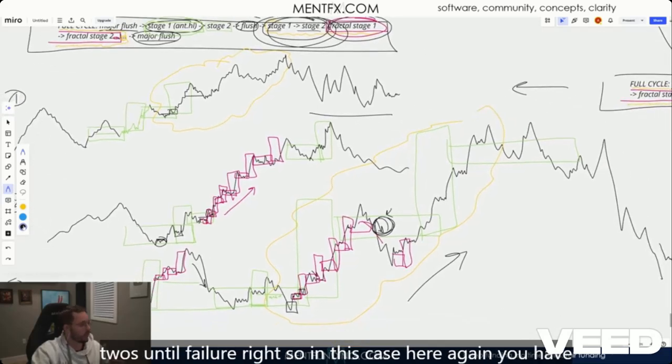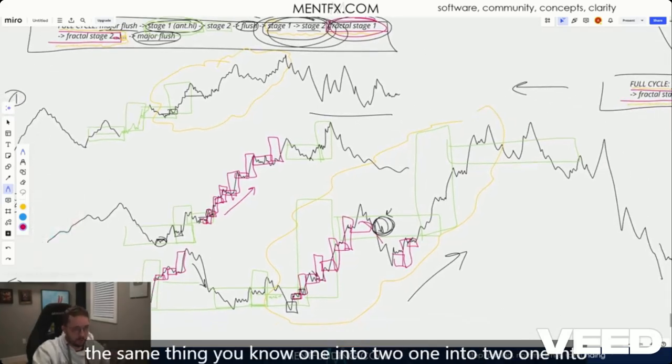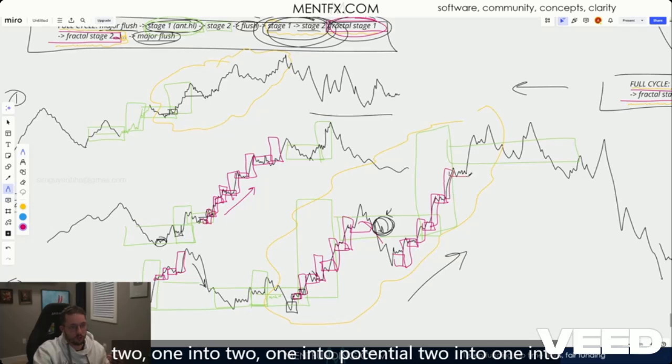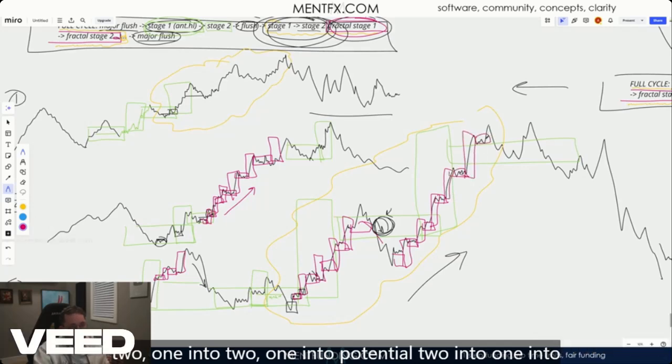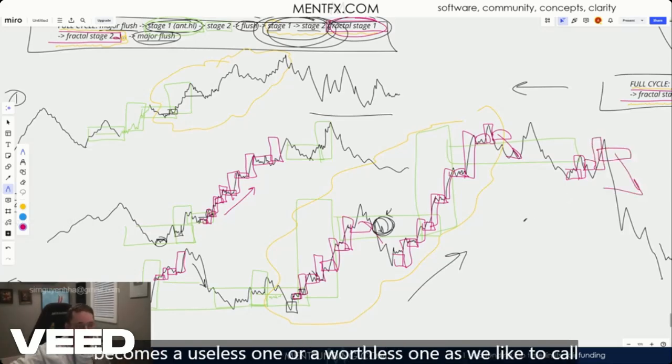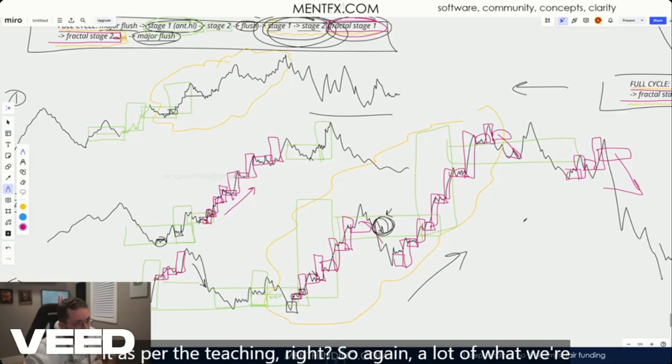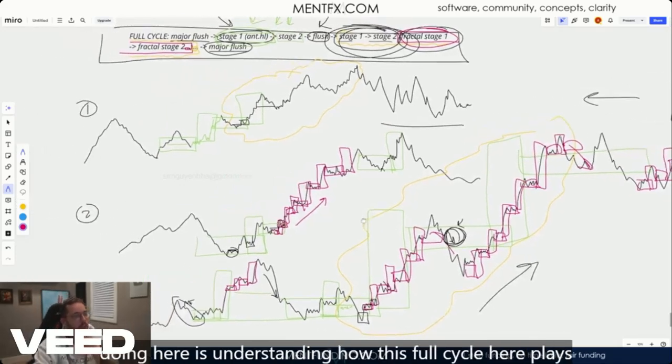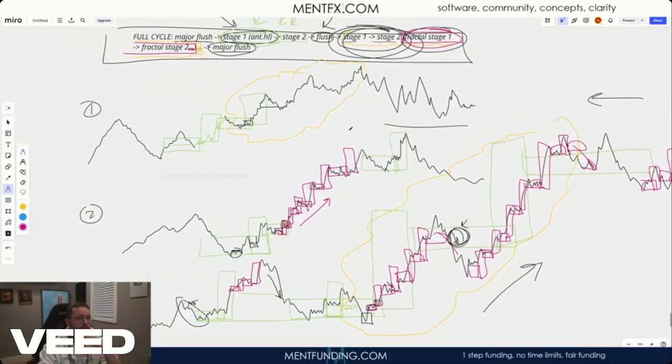So in this case here, again, you have the same thing. You know, 1 into 2, 1 into 2, 1 into 2, 1 into potential 2 into 1 into failure, right? And then it starts maybe building something up over here, and then it fails, right? And then the market becomes a useless one, or a worthless one, as we like to call it, as per the teaching, right? So again, a lot of what we're doing here is understanding how this full cycle plays out